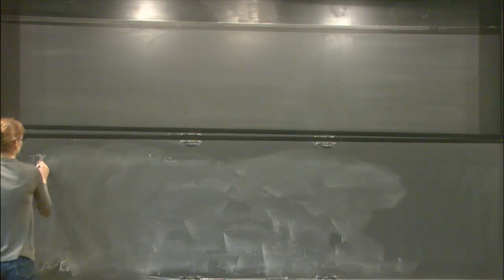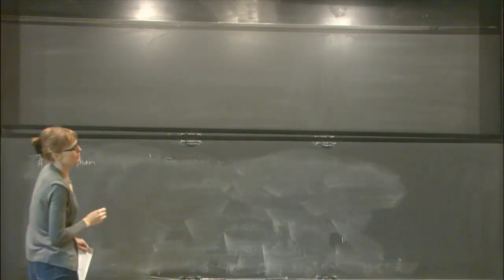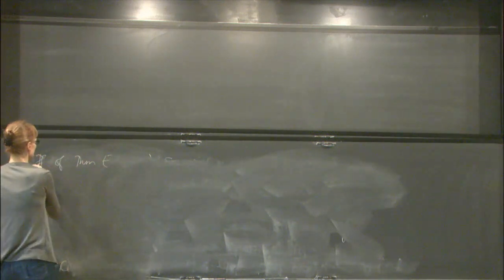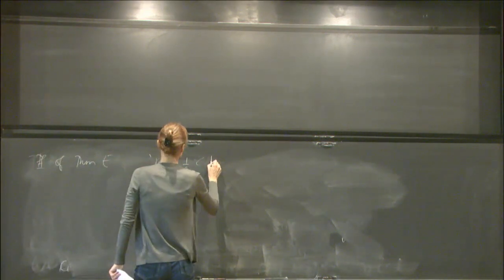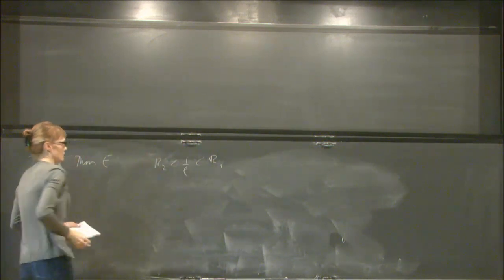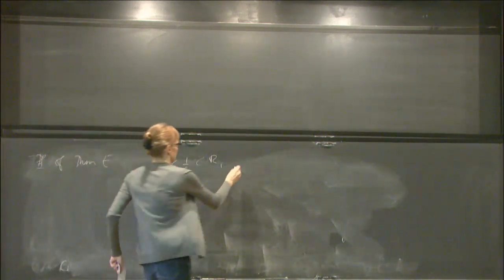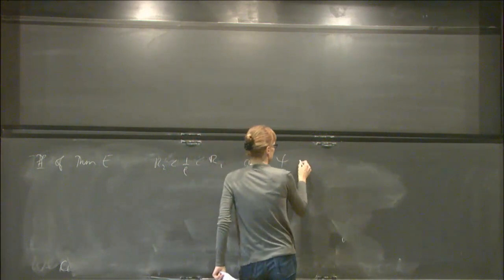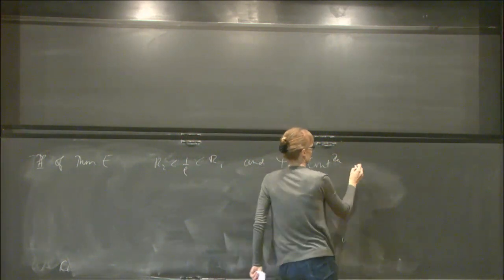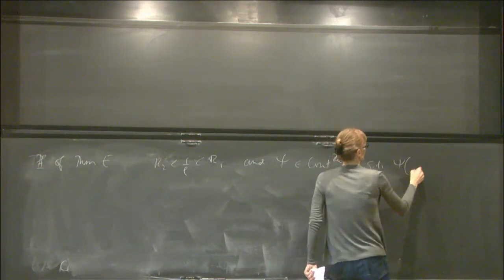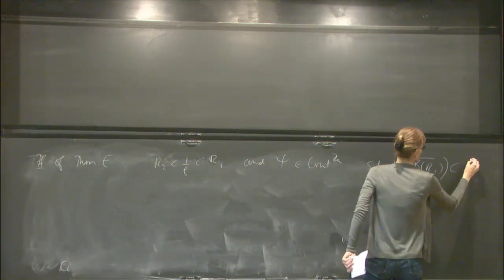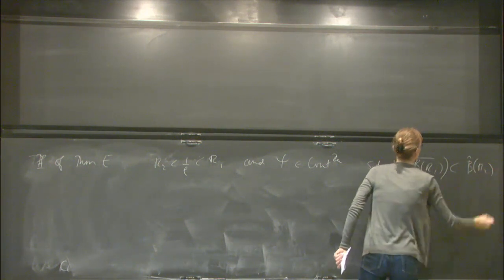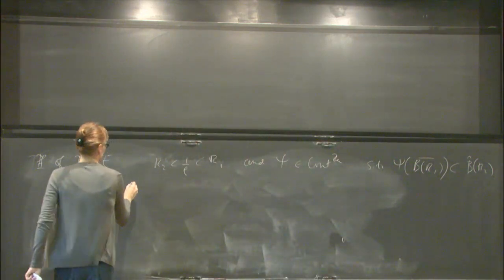So this is proof of, it's not now, but I guess it's proof of E. If you have R2 less than 1 over L less than R1, and some psi, which is ZK equivariant, such that psi of hat B R1 closure is inside hat BR2. Then we have